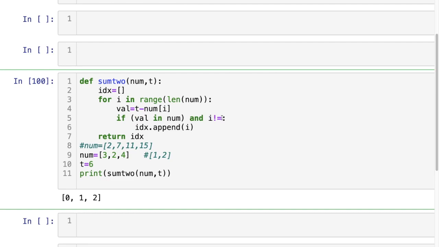So i should not equal nums.index(value). The value which you got is 3, so this index of 3 should not equal the current index which is 0.